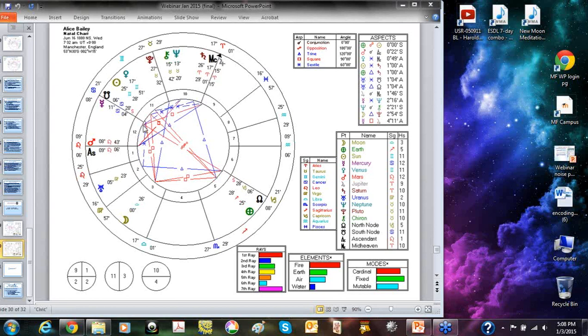Bailey spent a number of years as a young adult caring for injured soldiers in England and India, and there was much instability created which led to difficulties and illnesses. The Sun and Mercury make no aspect in the natal chart.